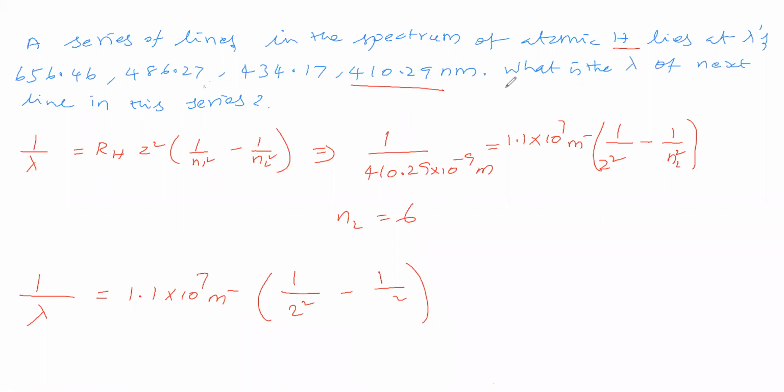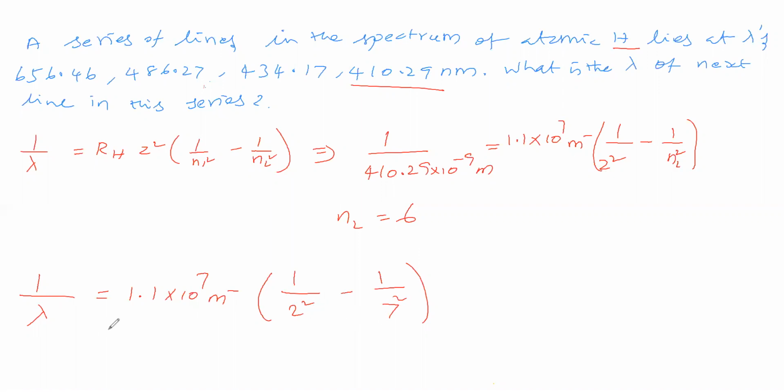So is the next wavelength lower than this or higher than this? For that, you see the series: here higher, here lower, here still lower, here still lower. Therefore, this series says that the next wavelength is still lower. Wavelength is less in the sense frequency is more, energy is more. Energy is more in the sense the transition extent will be more. Therefore, here it is 6 to 2, so in this case 7 to 2 should be there. Therefore, higher level is 7, lower level is 2.